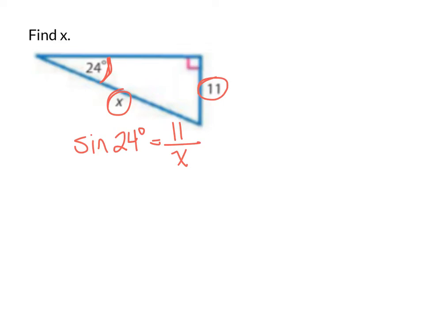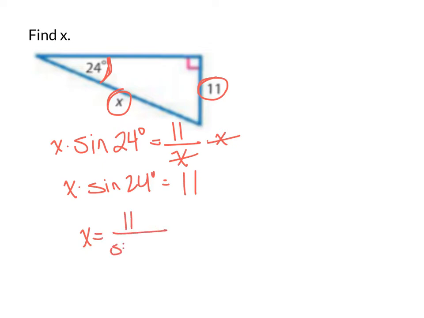To solve this one, we're not going to divide by 11. Instead, we get rid of the fraction by multiplying both sides by x. Now, it doesn't give us our solution right away. All it does is get rid of the fraction. So I got x times the sine of 24 degrees is equal to 11. To get rid of that sine 24 now and get x alone, we have to divide. So 11 divided by the sine of 24. So you go over to your calculator, take 11 divided by sine 24, and get